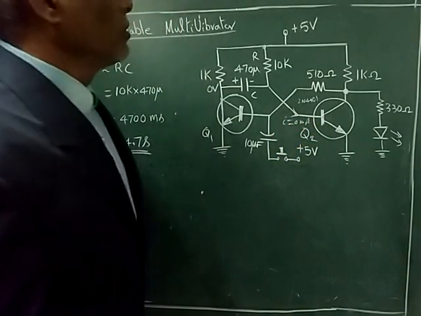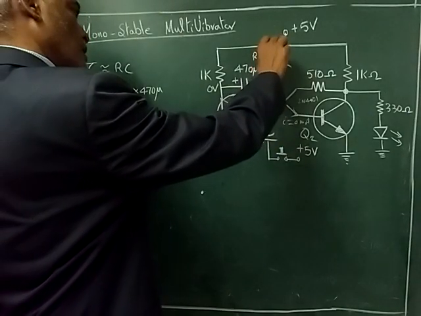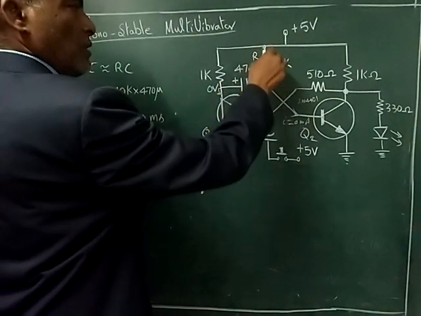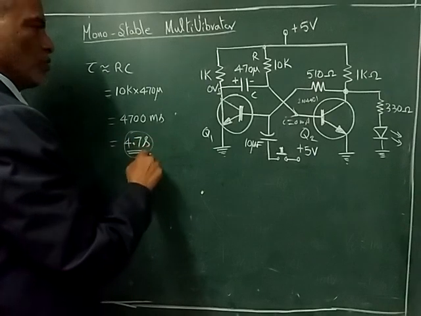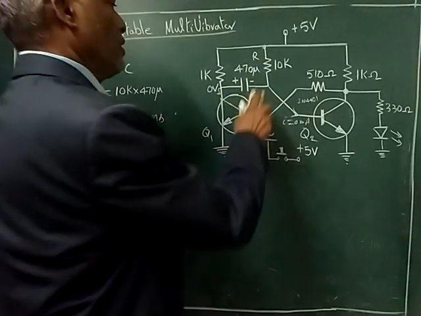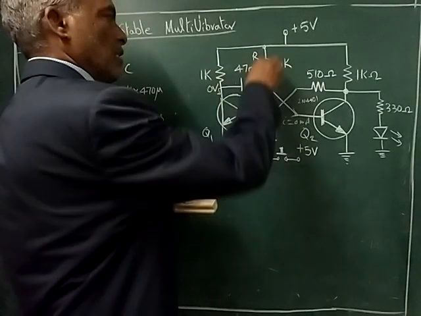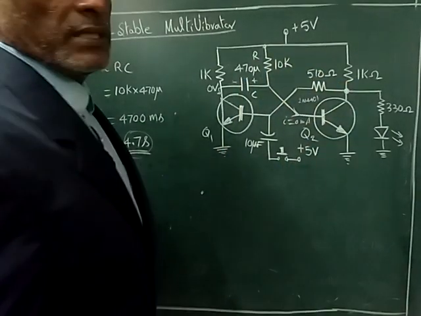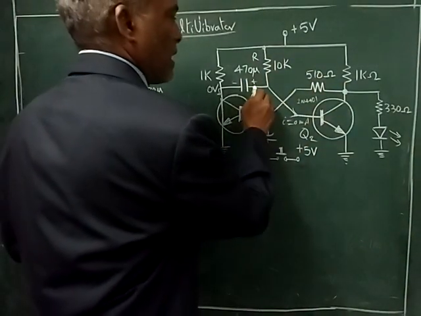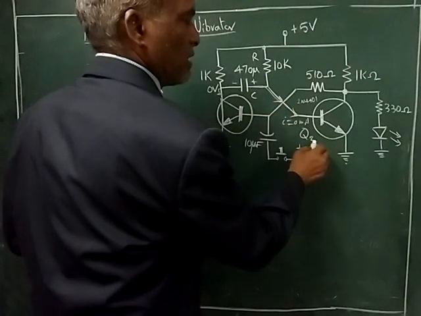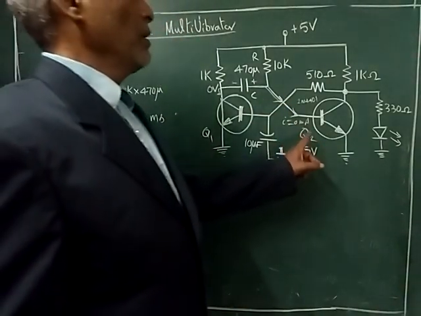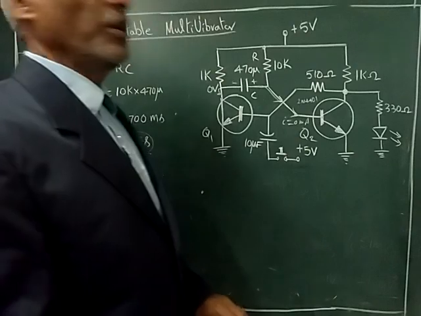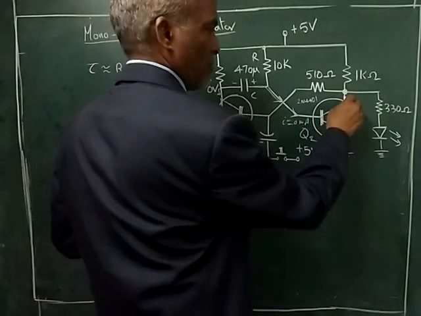Okay. So now the capacitor starts charging through R, since this point is 0. So when it charges, it takes 4.7 seconds to charge fully. Okay. So during charging, the current direction is like this. So this will be positive and this will be negative. So once it reaches a certain voltage, this will start feeding up the base current for the transistor Q2. Okay. So once this transistor receives a base current, this Q2 transistor will go into conduction.